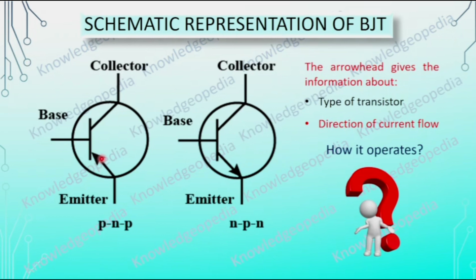So here the arrowhead shows the direction of current flow. Coming to the NPN transistor, we have seen that the current direction at the emitter end is from base to emitter. So here the arrow is showing us the direction of current flow. Hope you have understood the operation of BJT and how the schematic representation gives us the information about the type of transistor and the direction of